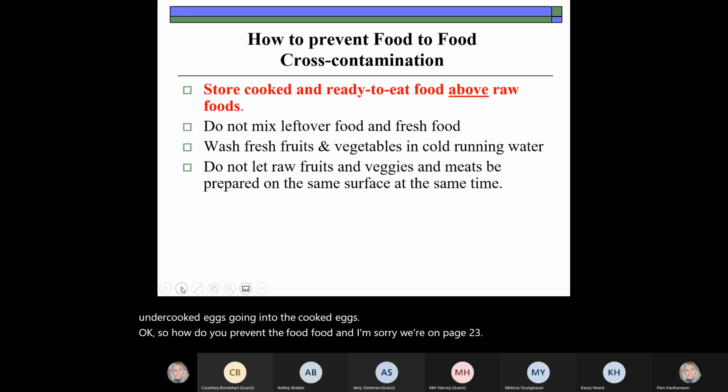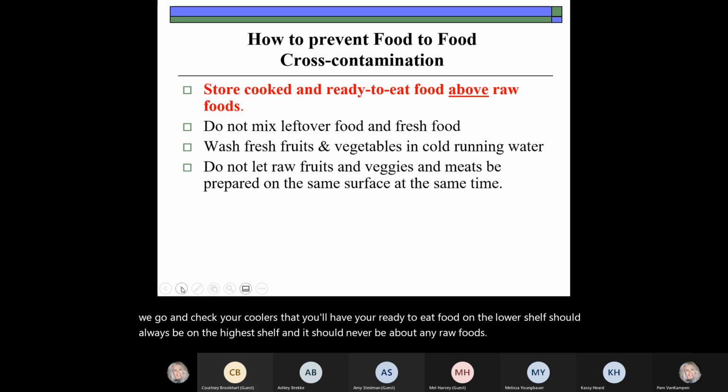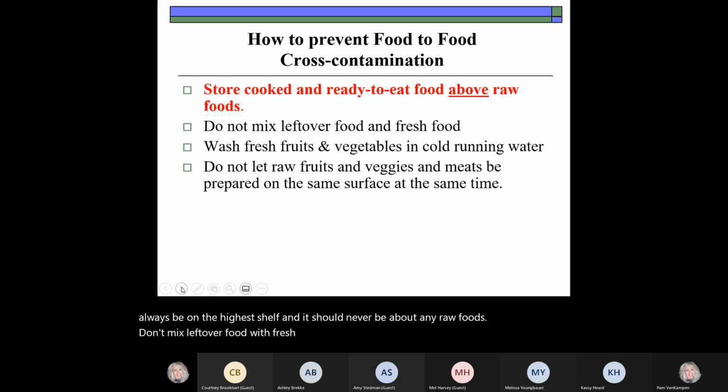Make sure you store cooked and ready to eat food above raw food. We've seen this often when we go in and check your coolers, that you'll have your ready to eat food on the lowest shelf. It should always be on the highest shelf, and it should never be above any raw foods. Don't mix leftover foods with fresh foods. This is a big problem for buffets. And, if you have a salad bar at your site, don't take your crock and put your new cottage cheese on the bottom and add your old cottage cheese to the top. That is not appropriate. That is food to food